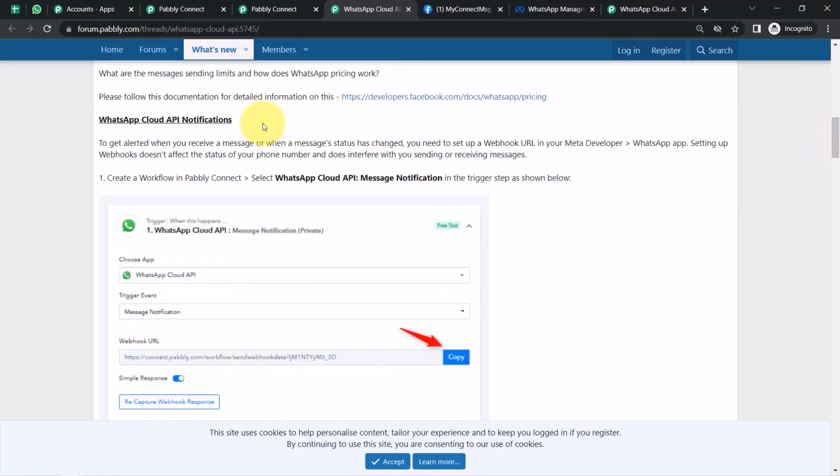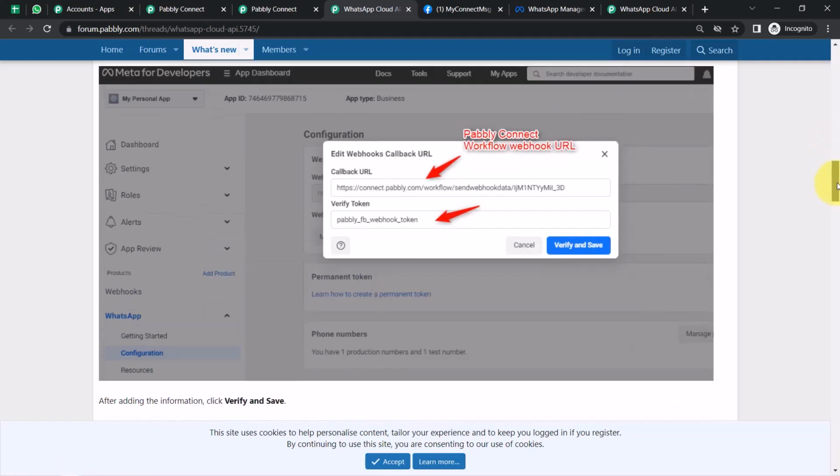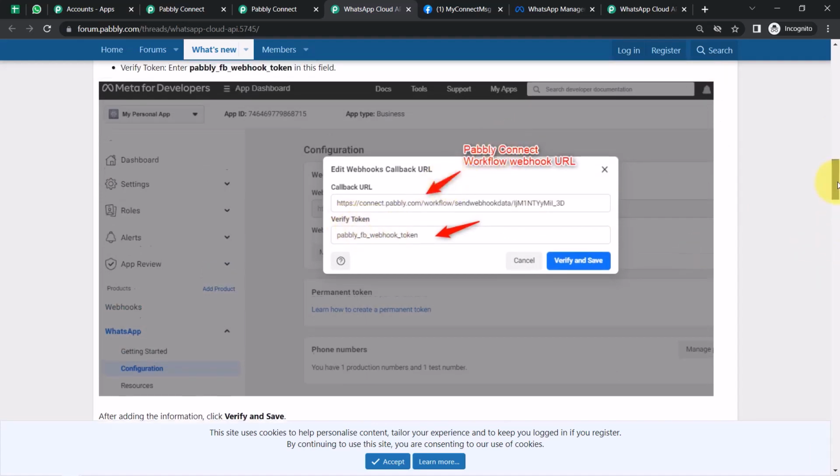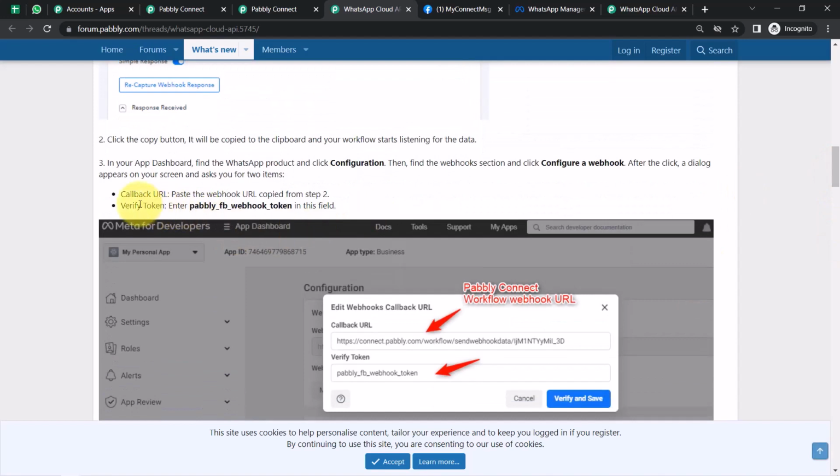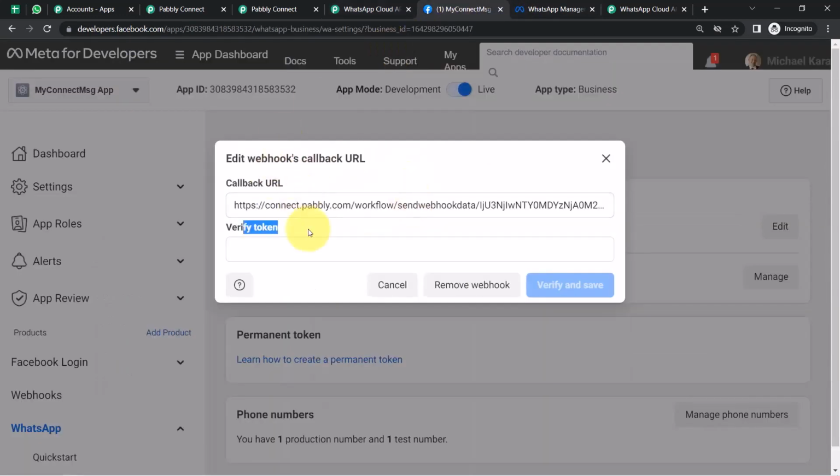And now WhatsApp Cloud API notification. For setting up the notification, you will have to copy this webhook URL which we have already copied. Then you'll have to paste the same here exactly. And in order to verify the token, you will have to provide this particular value. Okay, so verify token. So enter Pabbly, Facebook, FB, webhook token. So copying this, coming back to the WhatsApp Cloud API section,